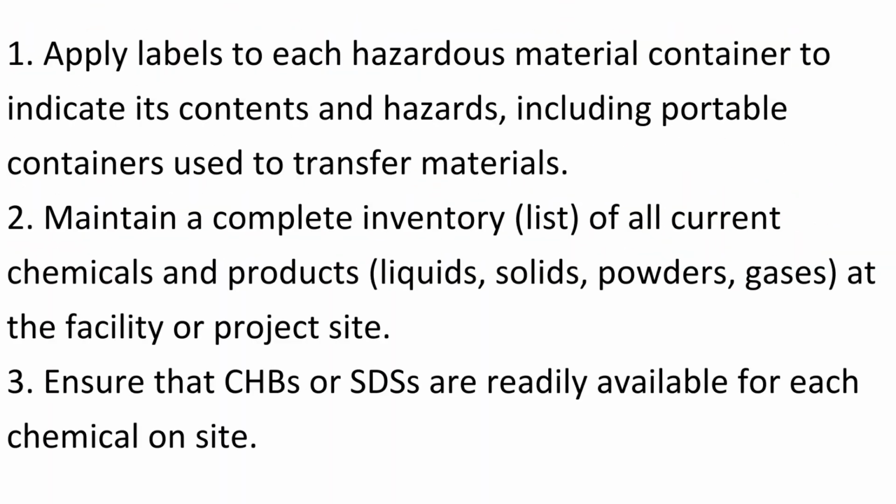Storing and labeling hazardous materials. 1. Apply labels to each hazardous material container to indicate its contents and hazards, including portable containers used to transfer materials. 2. Maintain a complete inventory list of all current chemicals and products, liquids, solids, powders, gases, at the facility